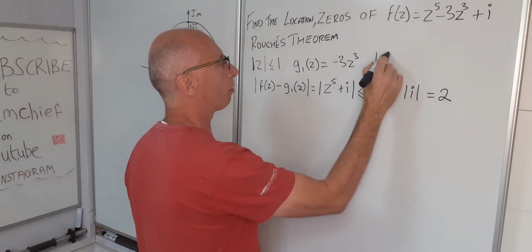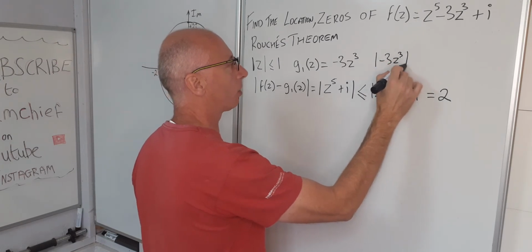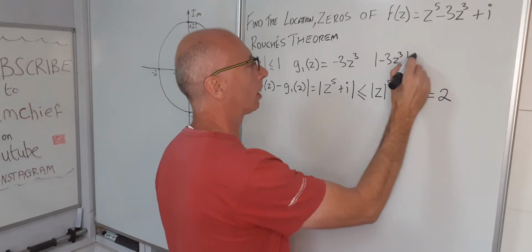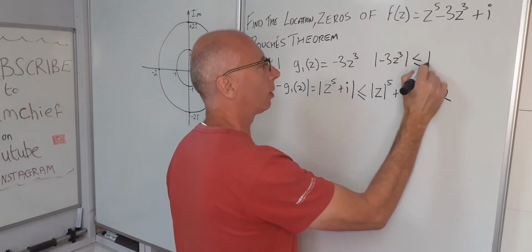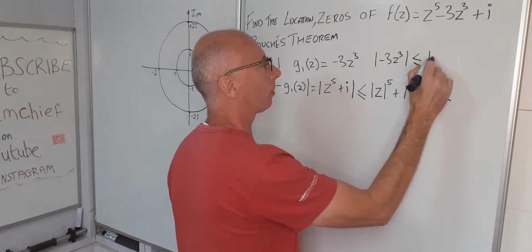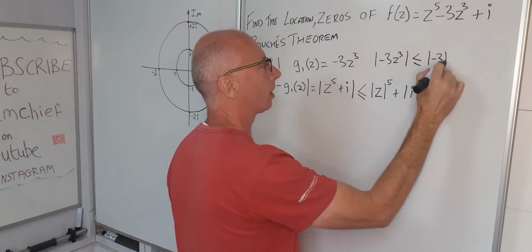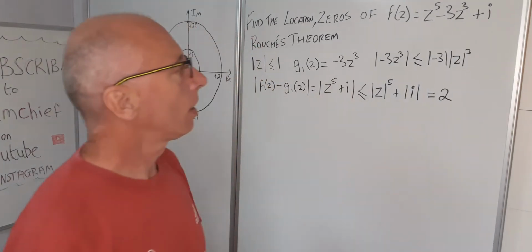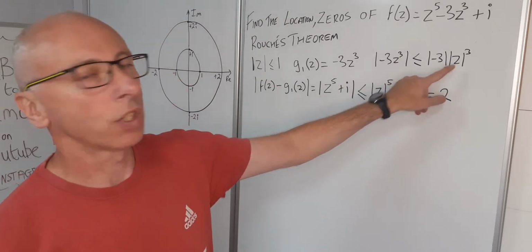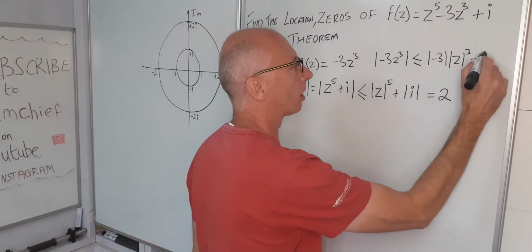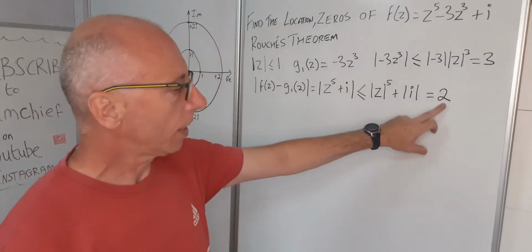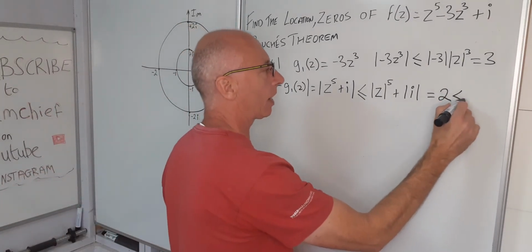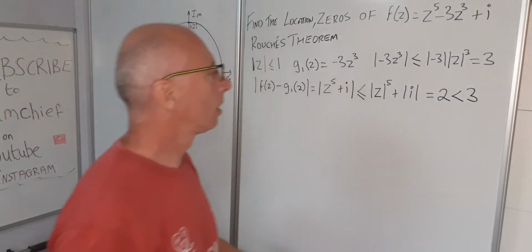So the modulus of minus 3z cubed, I'm breaking that down by the triangle inequality. We have the modulus of minus 3 times the modulus of z cubed. So 3 times z cubed, that's just going to give us 3. So as this 2 here is less than 3,